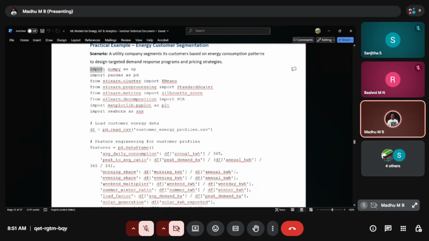The first command we need to give is import, and these are the packages: NumPy, Pandas, and sklearn cluster, the k-means. The k-means is the algorithm I was mentioning, right? So this is the specific package. What it will be doing is pulling the details like elbow references or else scorecards.